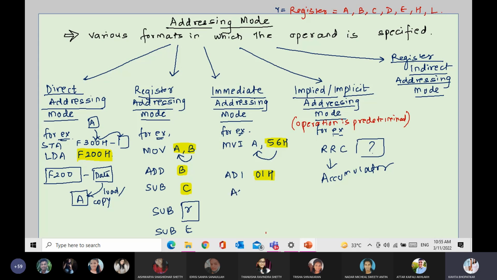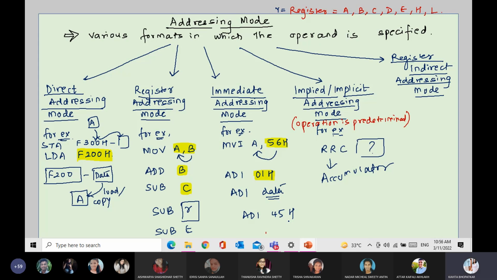जैसे कि बाकी सब तो ऑपरेशन ले लो, जैसे कि एडीआई का एक्चुअल इंस्ट्रक्शन है एडीआई डेटा, यानी कि एड इमीडिएट द डेटा स्पेसिफाइड टू एक्यूमुलेटर। तो वो डेटा कुछ भी हो सकता है। मैंने अभी यहाँ पे 01 स्पेसिफाई किया, जैसे मेरा प्रोग्राम लॉजिक होगा उसके हिसाब से मैं ये 01 निकाल के आई कैन राइट इट एज एडीआई 45H। तो 45 विल गेट एडेड टू एक्यूमुलेटर एंड रिजल्ट विल बी स्टोर्ड इन एक्यूमुलेटर।